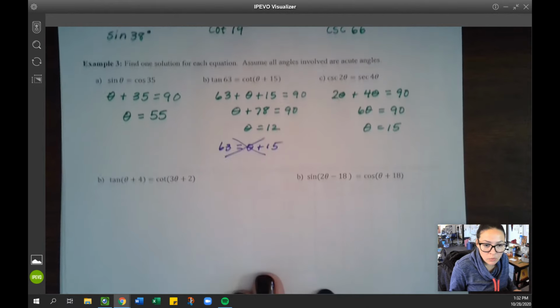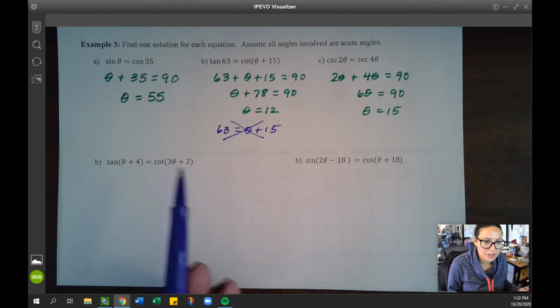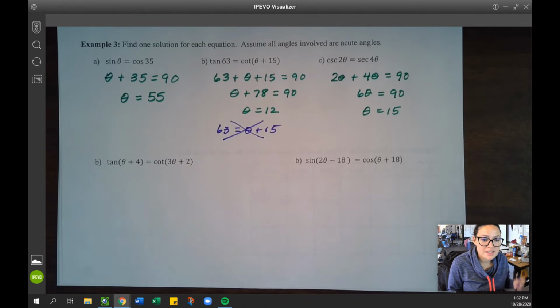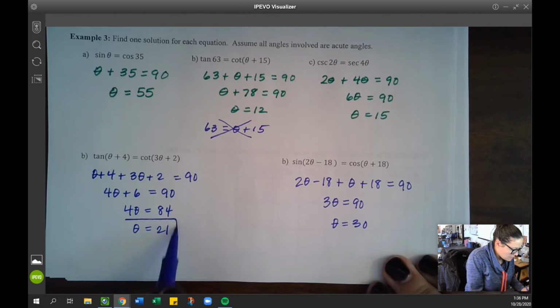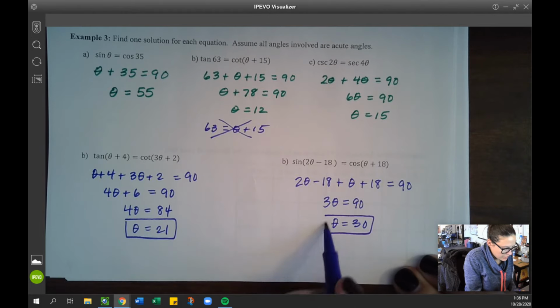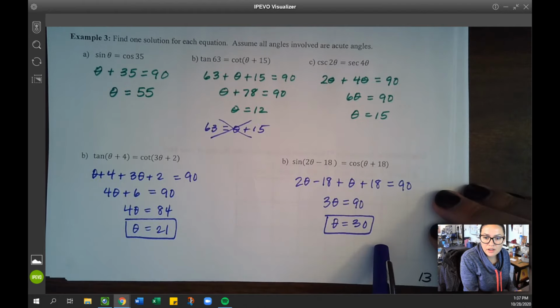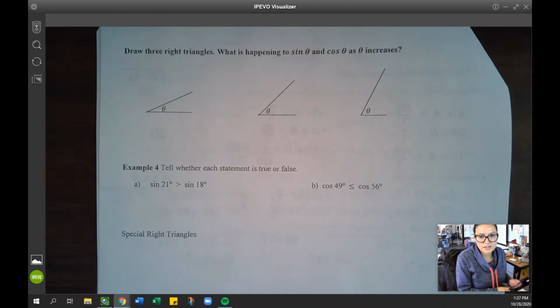So what I'd like you to do is pause the video and try the other part B's, this part B and that part B, on your own. Set it up, solve for theta, and then check back with the video to see how you did. All right, hopefully you were able to set up these equations where the two angle measures are complementary. I got theta equals 21 and 30. All right, so